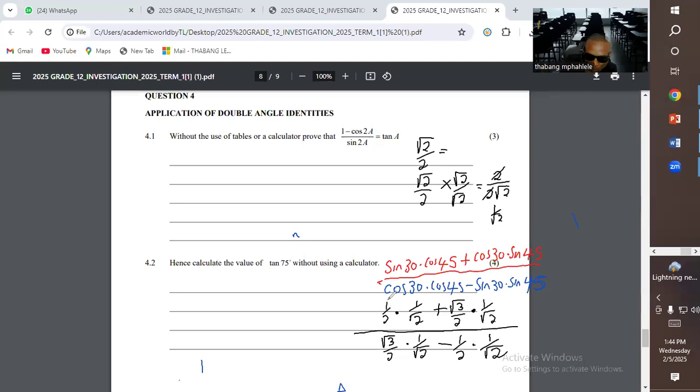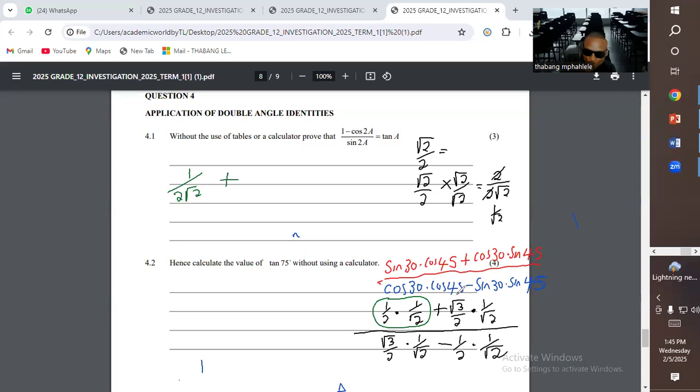So now I'm going to go to the numerator and multiply these two guys. 1 over 2 times 1 over square root of 2. I'm going to multiply the numerators together. 1 times 1 is 1, over 2 times square root of 2 is 2 square root of 2, plus,